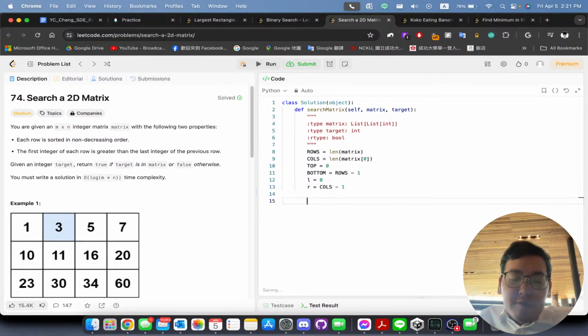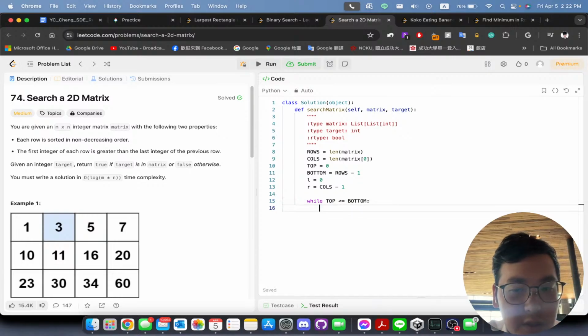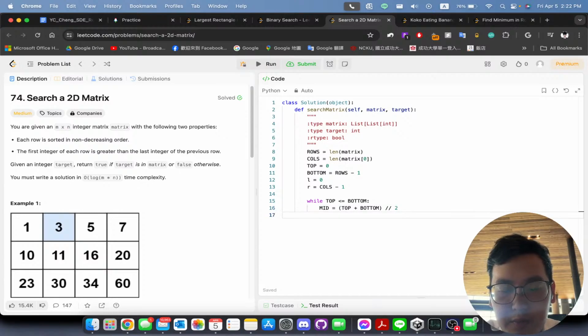So after we initialize this, we can just do a while loop. So if top is less than or equal to bottom, right? And we can just calculate the mid value, which is top plus bottom divided by 2, and then we need to calculate if